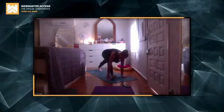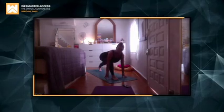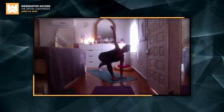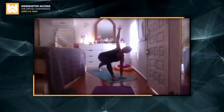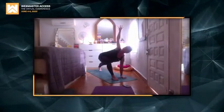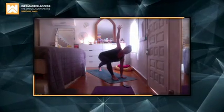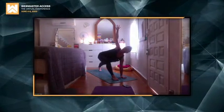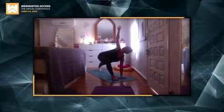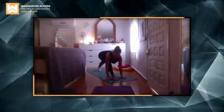We're going to step the right foot in between the hands. So you might need to use your hand to help you get that foot through. Left hand staying down, right arm reaching up into a lunge twist. If you want to, you can always pop your left knee on the ground if needed. So reach so much through the right fingertips that you feel the weight lifting out of your left wrist. Back leg is firm and strong. One more breath. And then we're going to bring the right hand back down to the floor and step back,